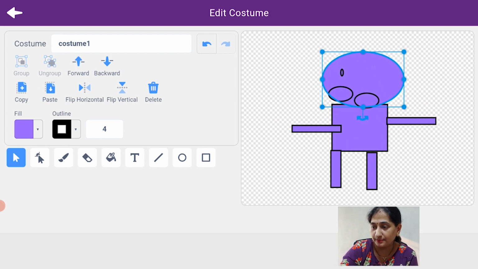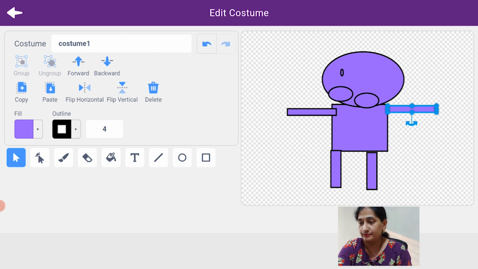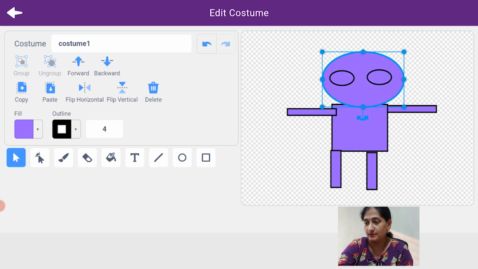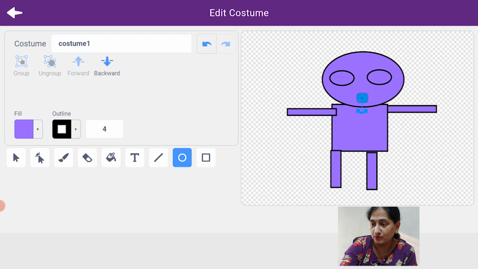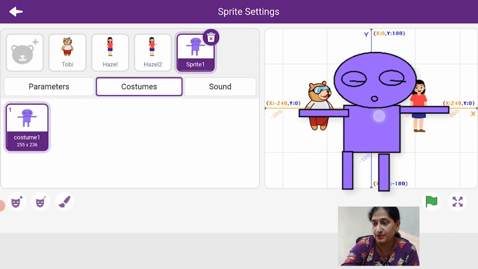So let us first place them. If you want, you can draw another small circle here to represent a mouth. So my sprite is ready now. I will use this as a new sprite in my project.